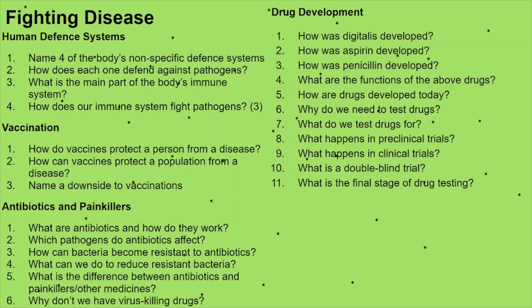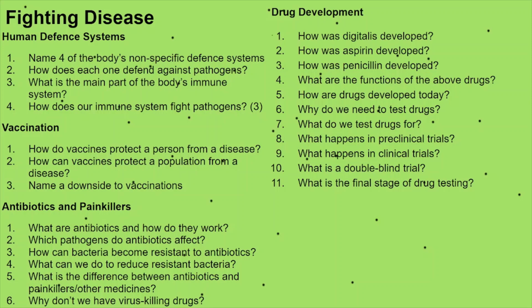And then once we've made sure it's not toxic to humans, we go on and test it on patients who are ill from the pathogen that the drug will kill or prevent against, because only antibiotics kill bacteria. The others don't, remember, that's very important. And we test this drug on patients to make sure it's actually effective and it does its job, because if it doesn't, there's no point in having it in the first place. And when we know it's safe and effective, we can do a final clinical trial to find the optimum dose